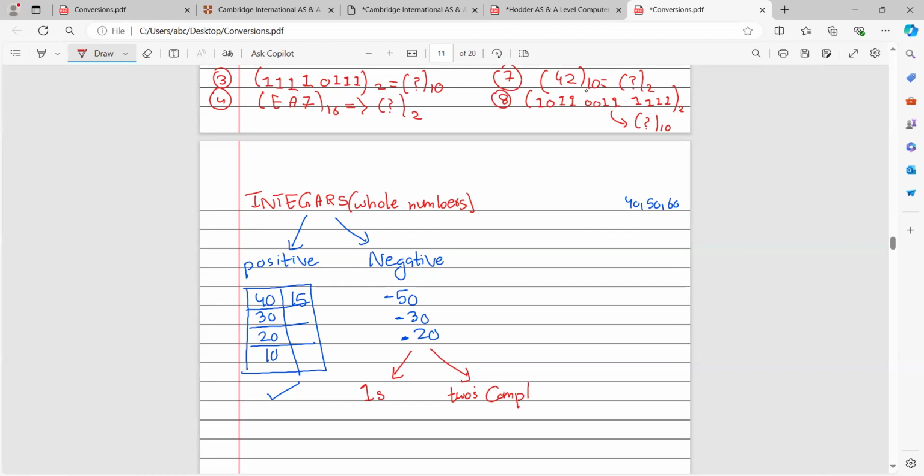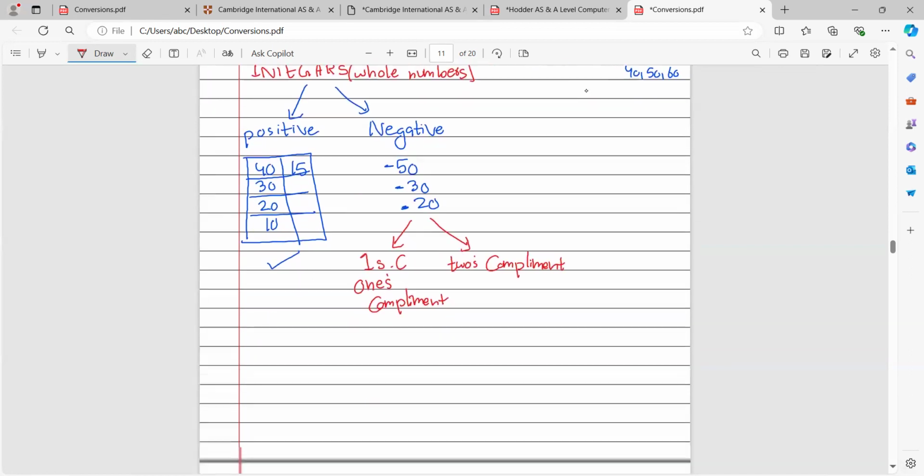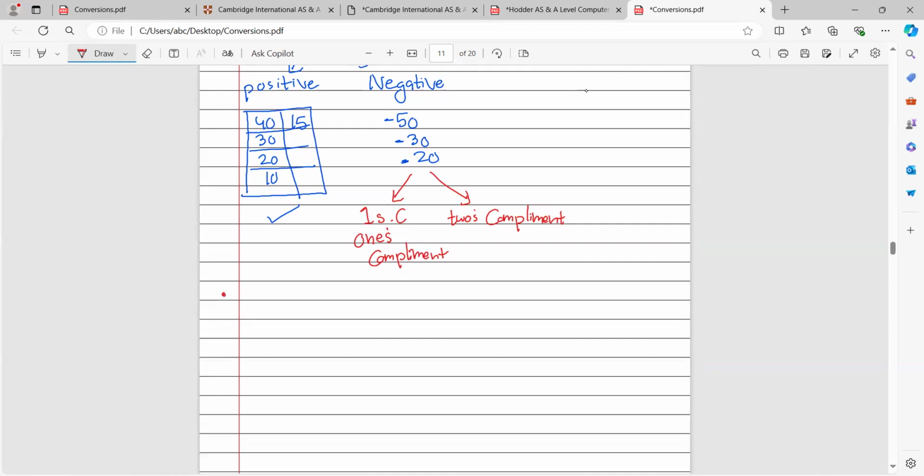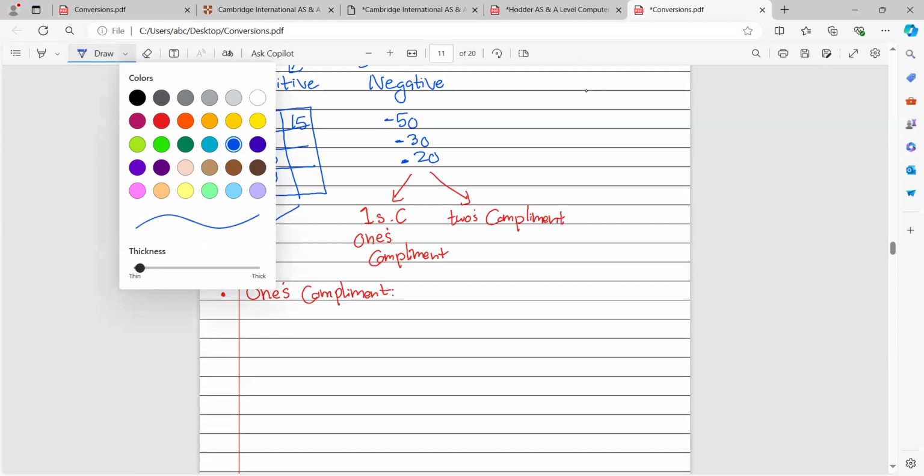So you can say it like ones complement, or you can name it like twos complement. So these are the two techniques. Now, first, if I have a ones complement, अगर मेरे पास ones complement की example है, so what it does is that